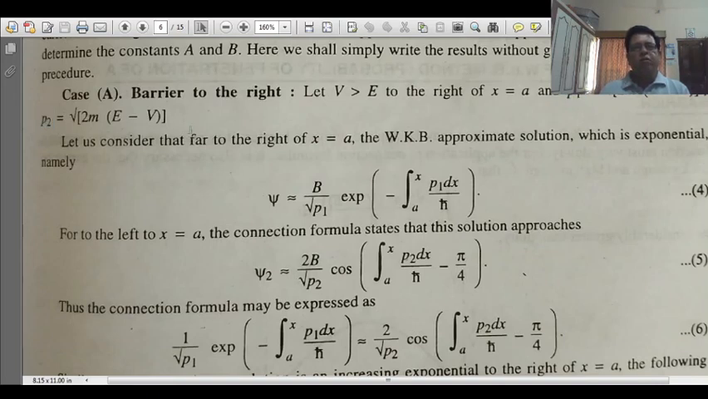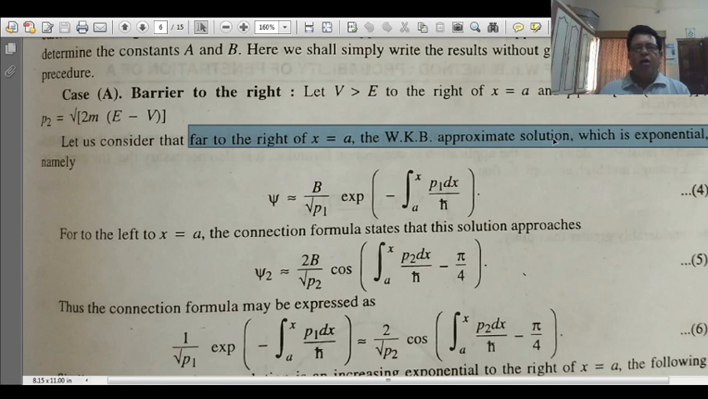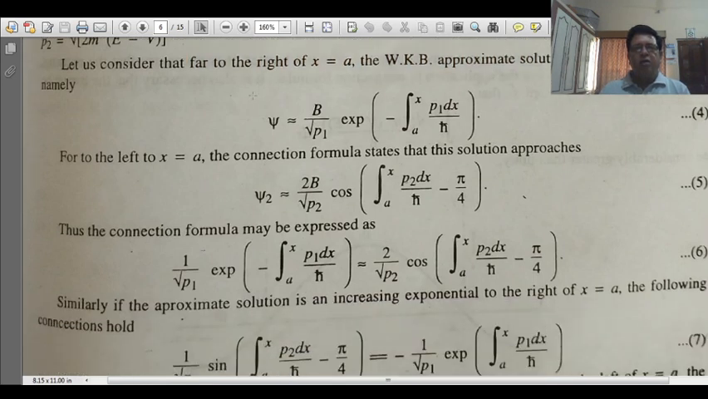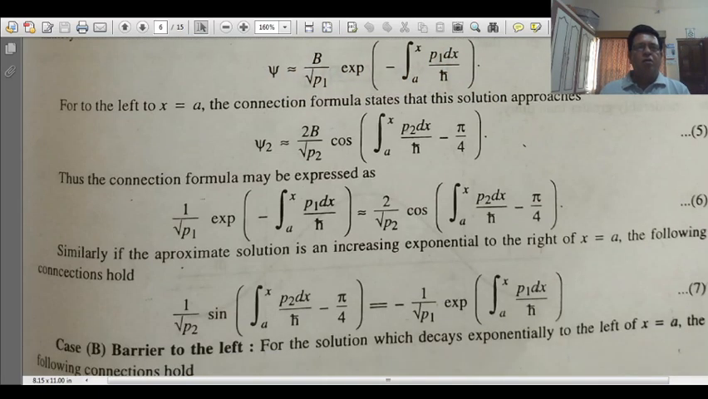Now let us consider far to the right of x equal to a, the WKB approximation, which is exponentially decaying and given by this function: psi equal to b upon under root p1 exponential minus integral a to x p1 dx upon h cut. Similarly, for the left side, the connection formula states that this solution approaches